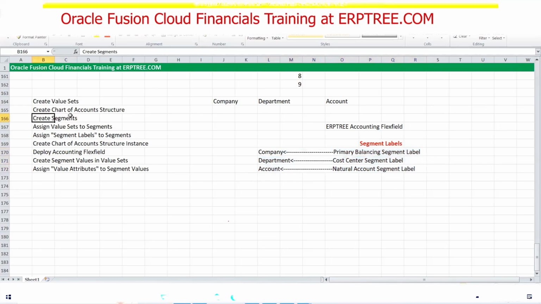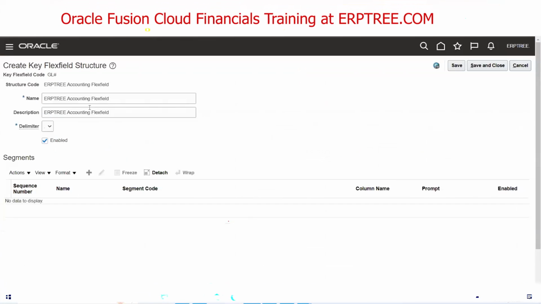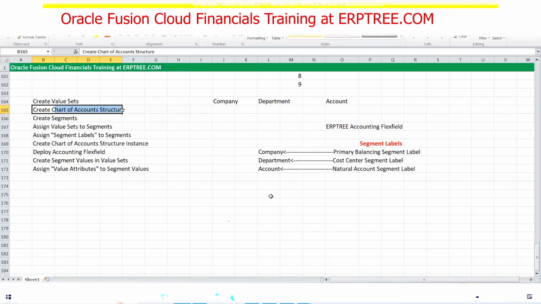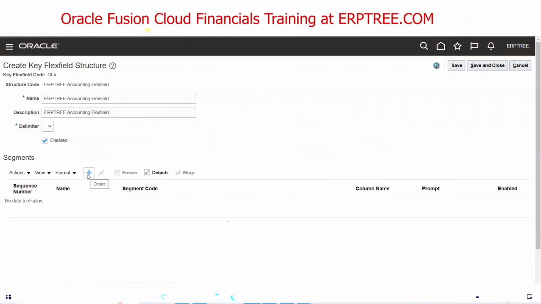Fine. So now we'll create the segments within our chart of accounts structure. We gave our chart of accounts structure the name ERPTREE accounting flexfield. Within this chart of accounts structure, we are going to create these 3 segments. Let's see how to create them. Click on create